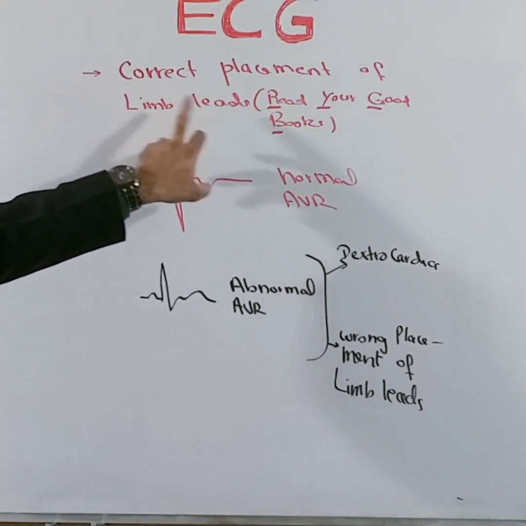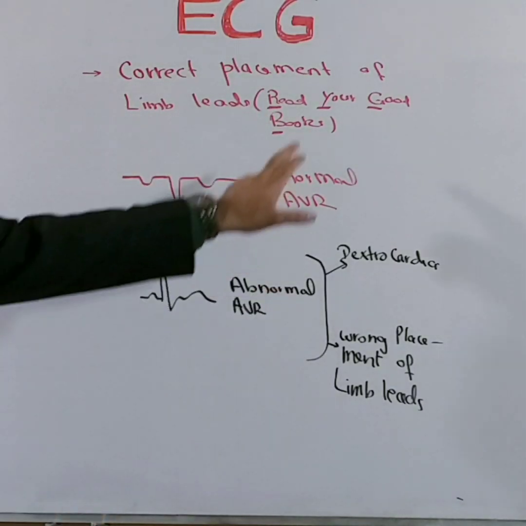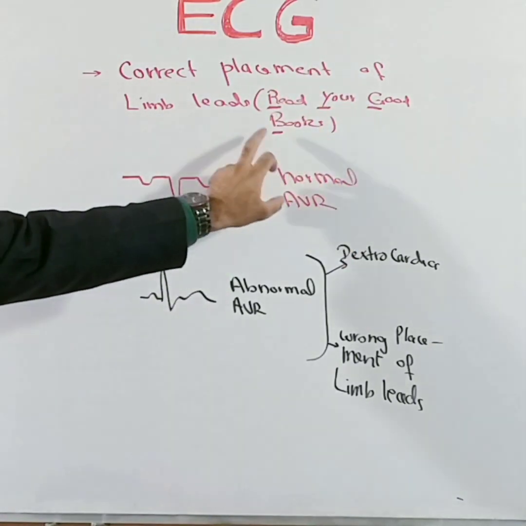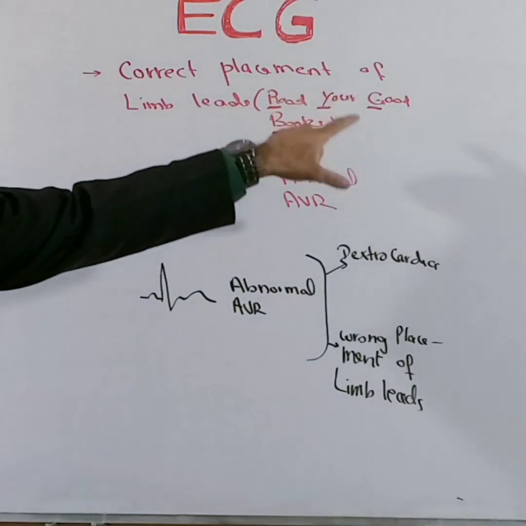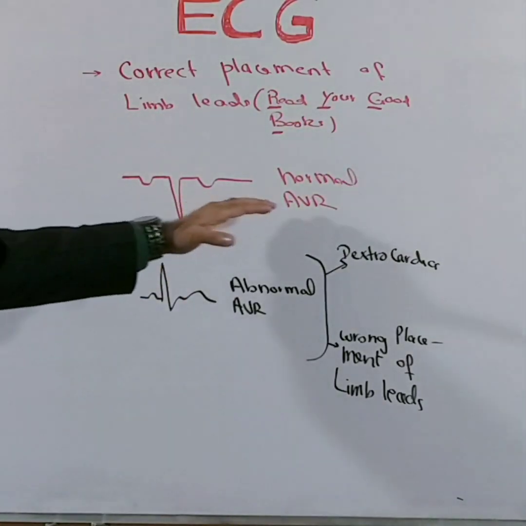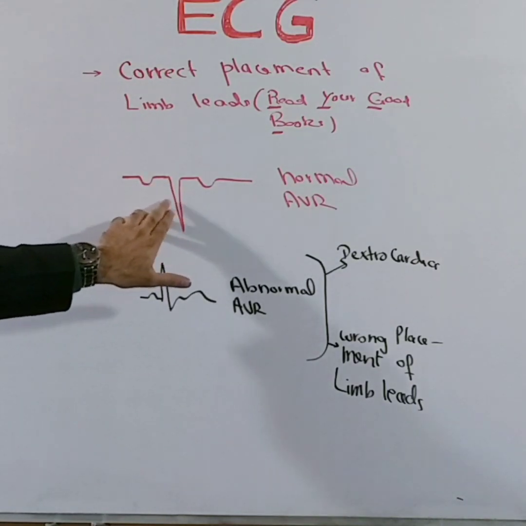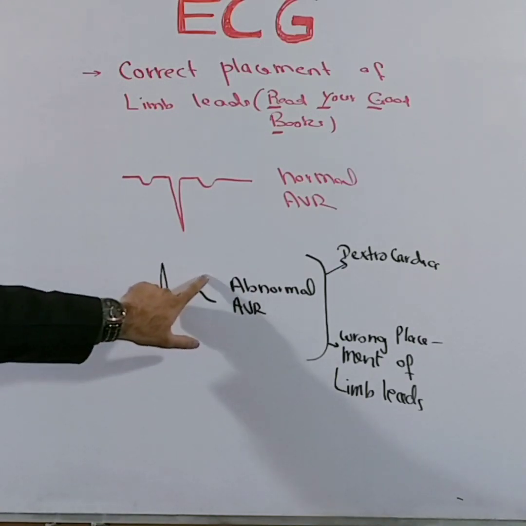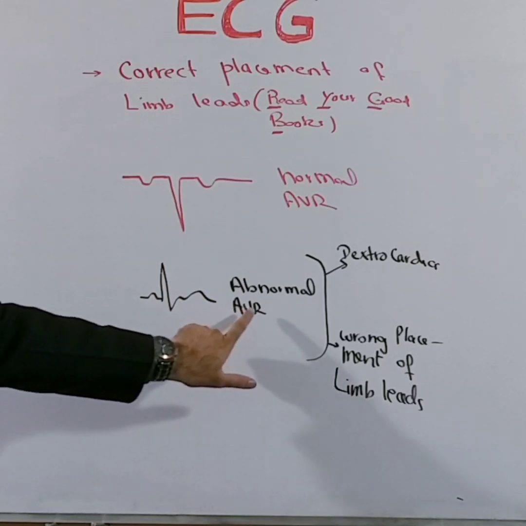leads, which is when you put the red on your right arm, yellow on your left arm, green on your left foot, and black on your right foot. This is the mnemonic: "Read your good books." So that will generate a totally negative or absolutely negative AVR, where the P, QRS complex, and T will be negative. This is very important. But if you see an ECG paper where you see a positively deflected AVR,